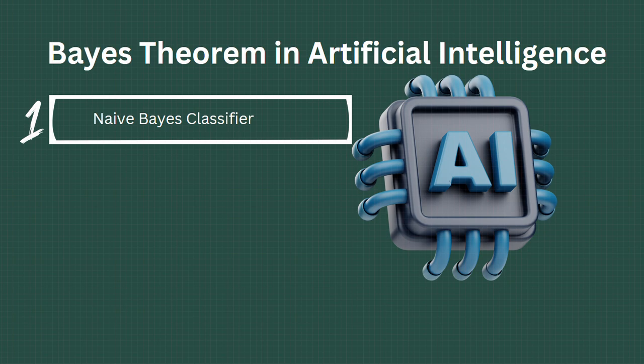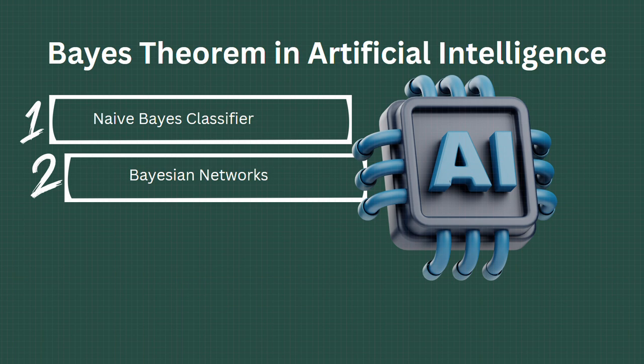We also use it for medical diagnosis, and we look for certain symptoms. Suppose he has a fever or not, and based on certain symptoms we can find out whether he has a certain disease or not. So the naive Bayes classifier is a part of Bayes theorem, and it is used in these fields. And another is Bayesian networks. It is mostly used in medical diagnosis also.